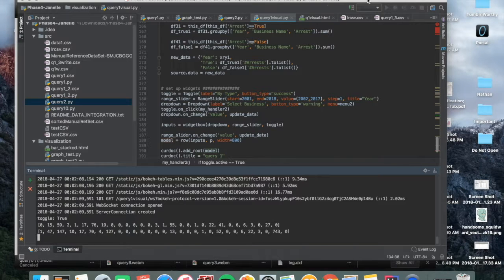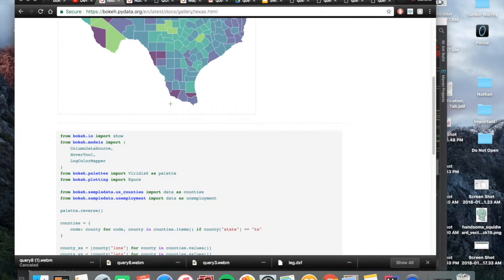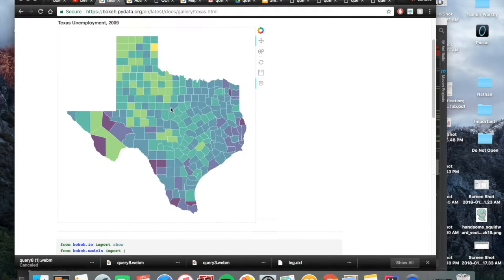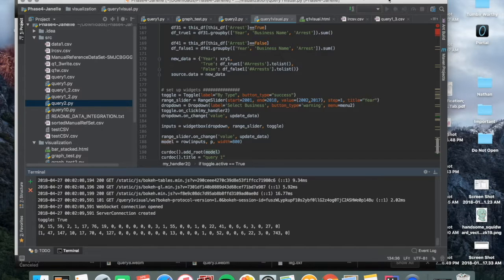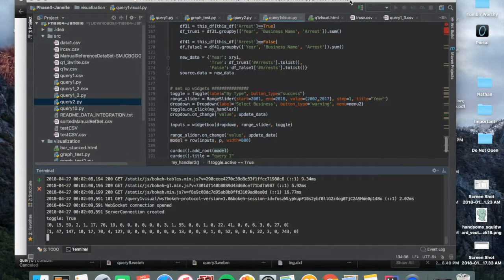I was also responsible for query number 2, which at the time of this recording I was unable to implement. However, for query 2, I wanted to do something similar to this graph, which was also done using the bokeh library. Query number 2 asks us to display the probabilities for each crime type using several machine learning